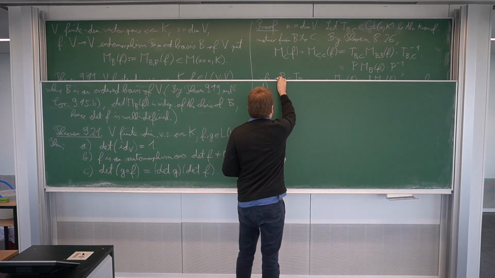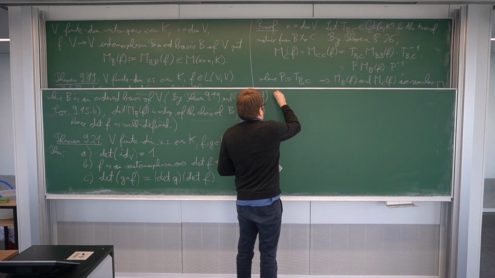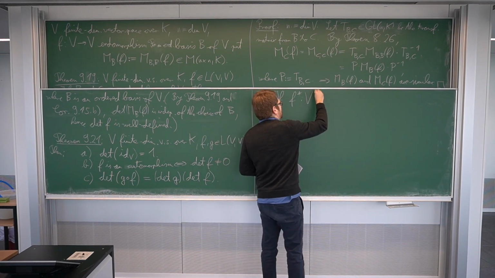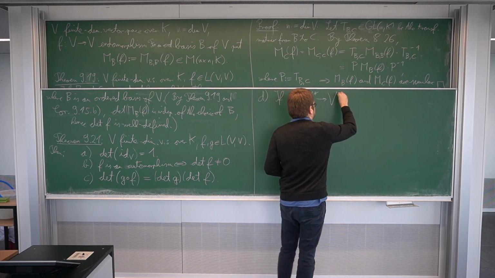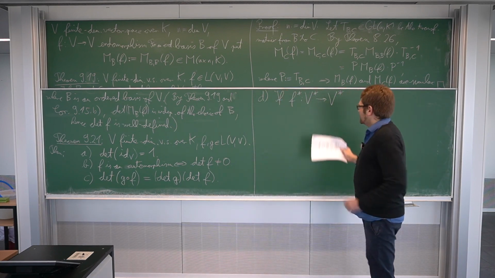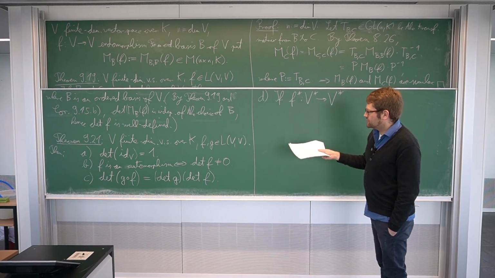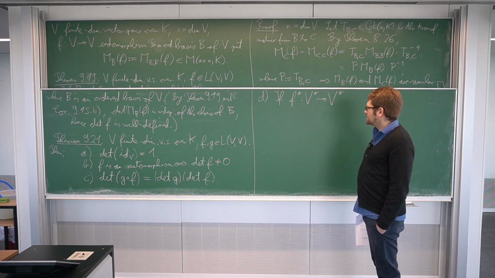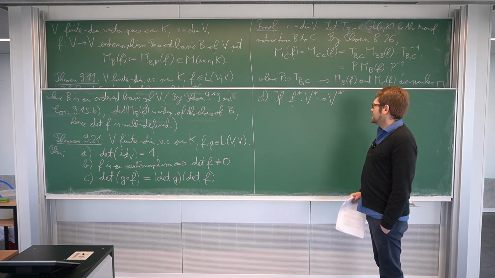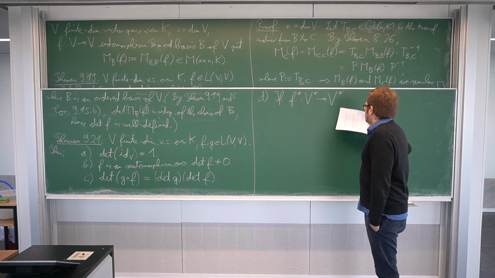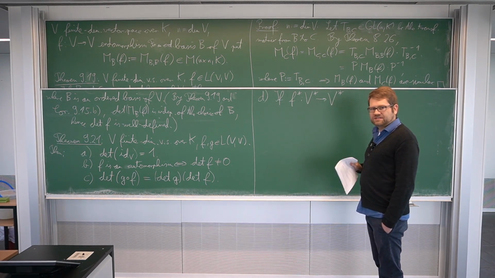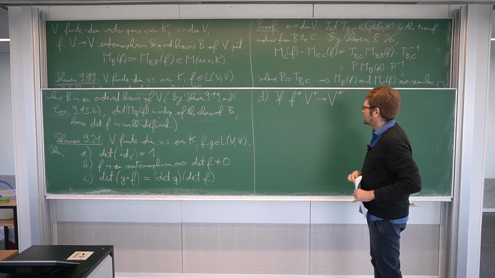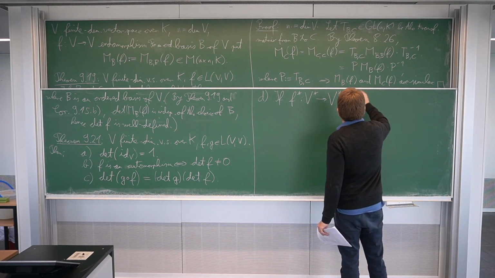And D, now another property that we have. F upper star is the transpose. The transpose is a map going from V star to V star. Now, V is a finite dimensional vector space of dimension n, then V star is a vector space of dimension n as well, as we've seen before. And the transpose is again a linear map going from this space to this space, so it's also an endomorphism, just of a different vector space, namely of V star instead of V. So if this is the transpose of F,